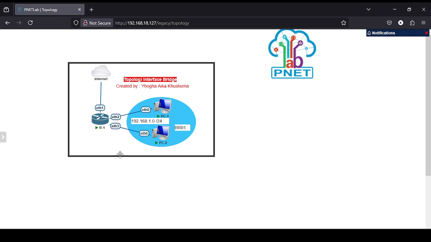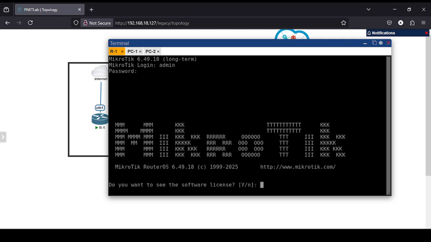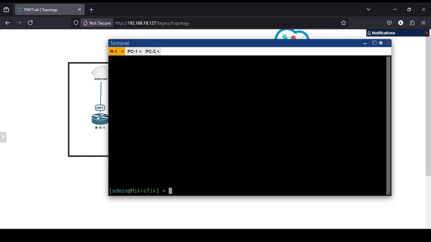Okay, here I will start to configure router one first. Use the router default configuration, the MikroTik default user. Then in system, set system identity. We must change the identity to router one, and